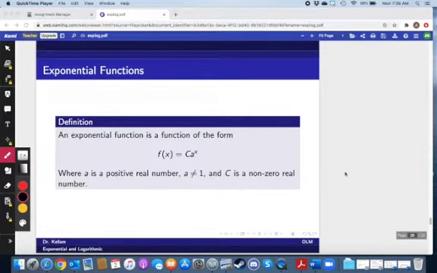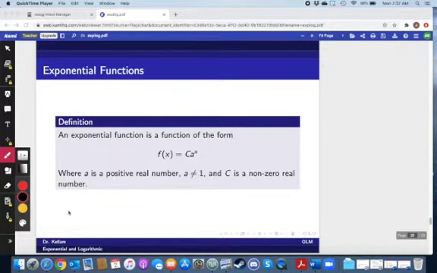Discussing exponential functions, which is the start of section 3 of chapter 5. Below is the formal definition of what an exponential function is, and this does create a few interesting relationships. Probably one of the most intriguing being